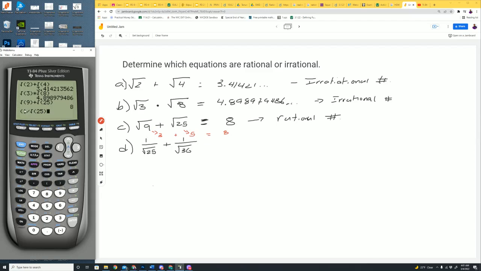I have to close it twice because I have a fraction. Plus, open parentheses, 1 divided by the square root of 36, close parentheses twice again, and that gives us